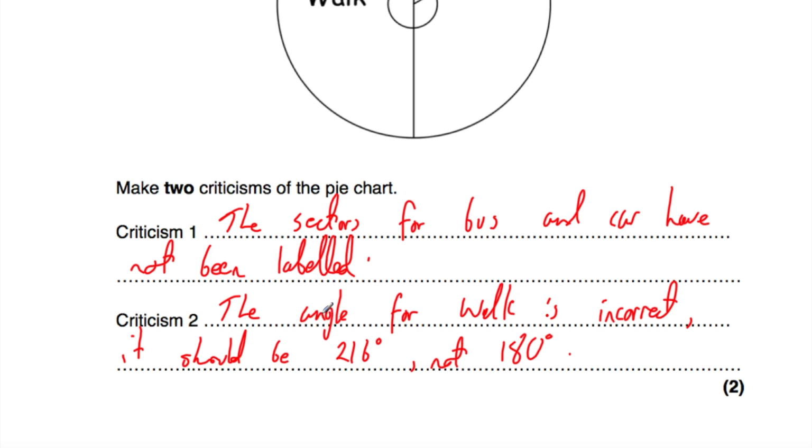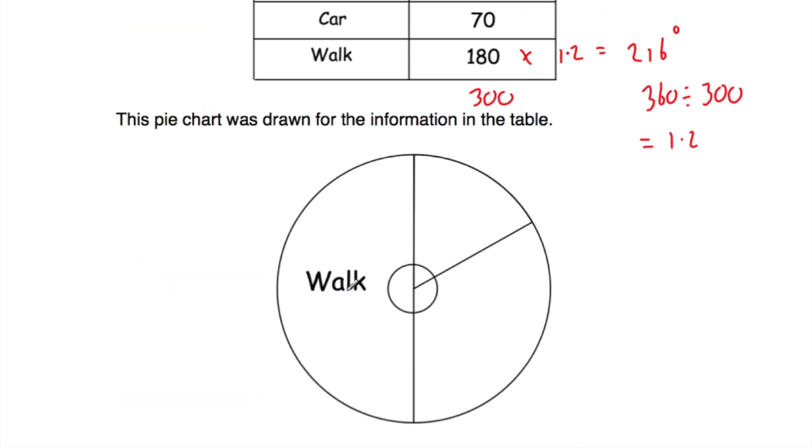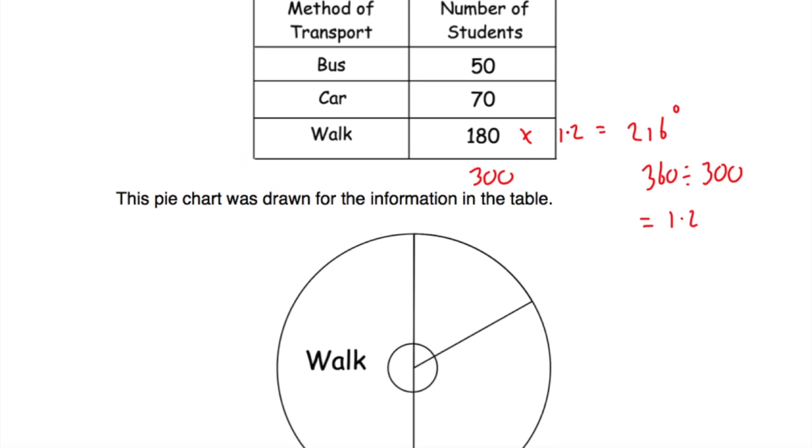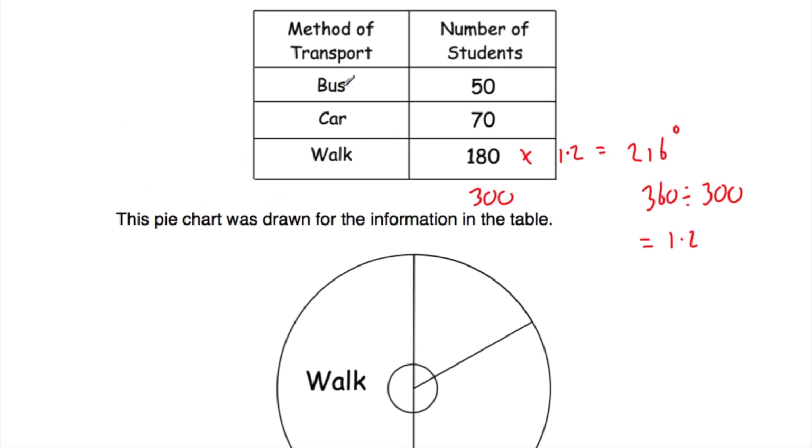Actually, I probably would have got the mark just explaining that the angle for walk is incorrect, because if it was 180 degrees, that would only be 150 people, so it should be bigger than 180 degrees. So if you explain that the angle should be bigger than 180 degrees, then that'll be fine as well. And that's it. You could have also looked at the size of the angle for bus and car, so you